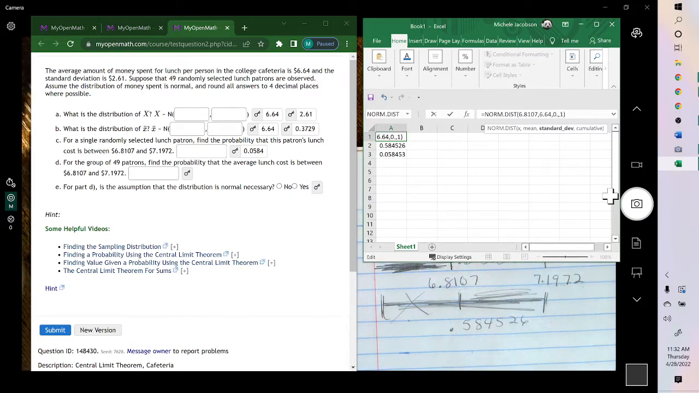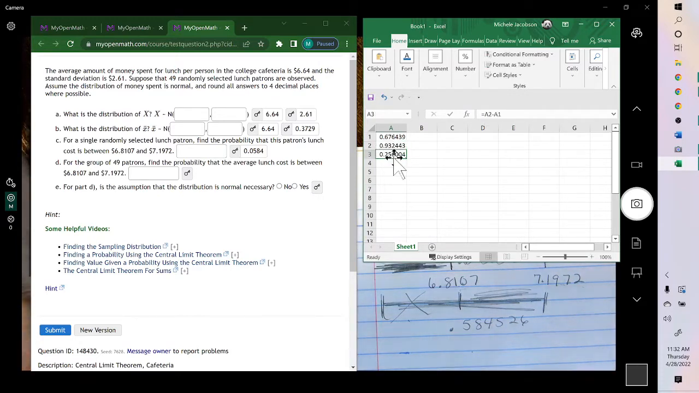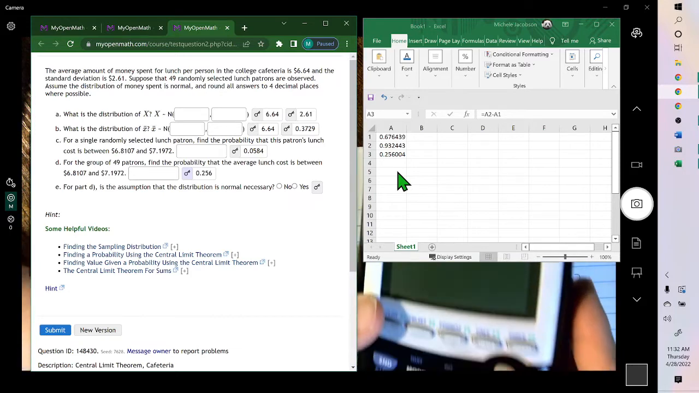to 0.3729. And hit enter. And then on this one again, go back in and change just the standard deviation. 0.3729. And it's already subtracted them for us. 2.56. And the calculator